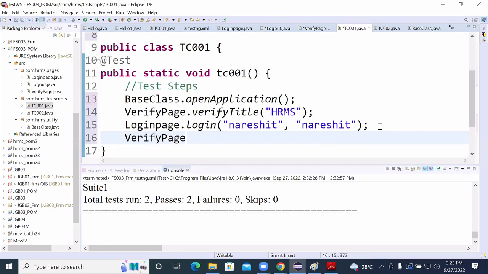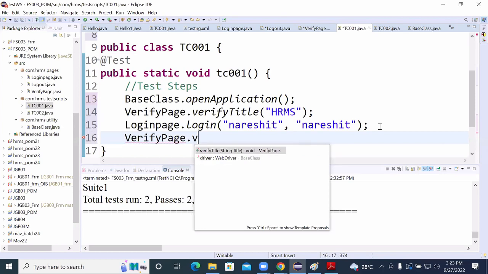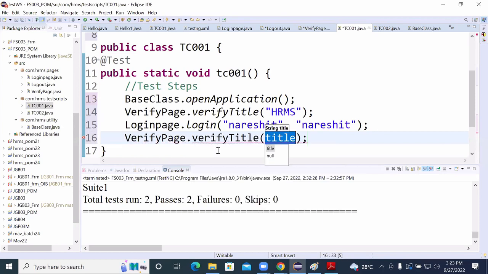Verify page dot verify title. So we need to get the profile title. We need to get the profile title. Okay. After that,